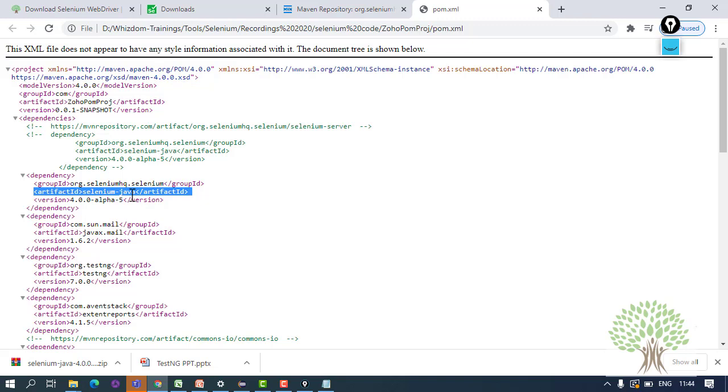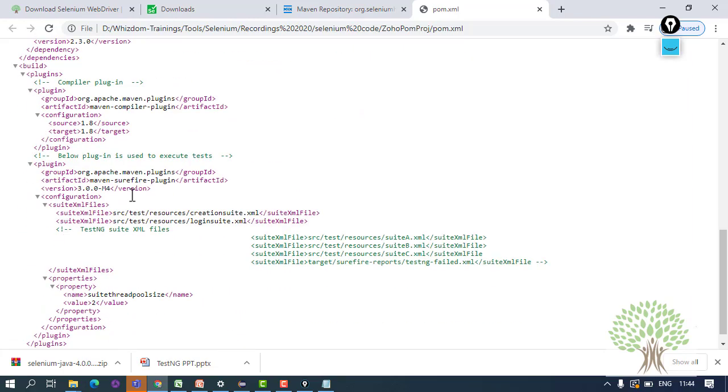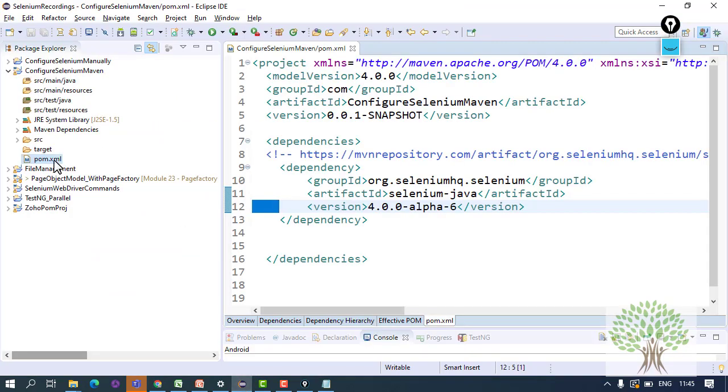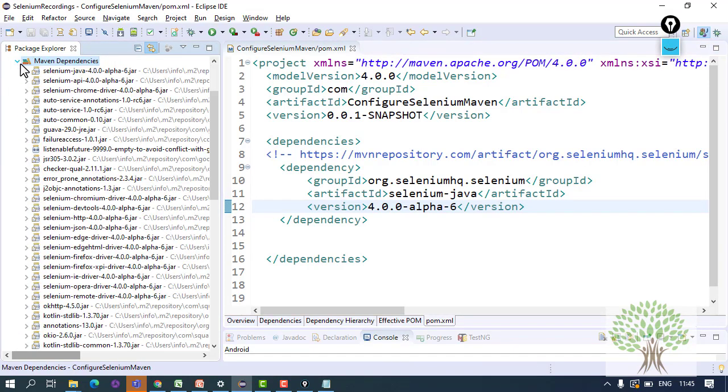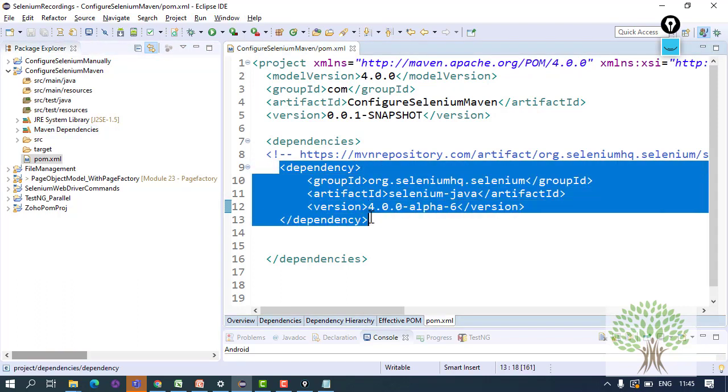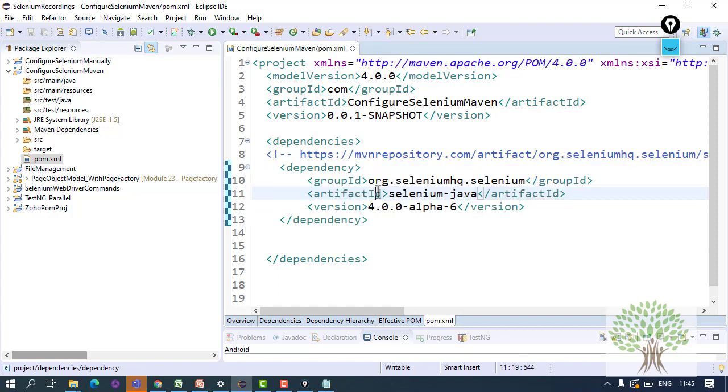And suppose you have 10 team members, so everybody has to be on the same platform. They have to be on the same versions of the jars. So you just distribute this pom.xml among all of them and they can put this pom.xml in the project, save the project, and automatically all those dependencies will be downloaded. All those jars will be downloaded in the project. You just have to have this dependency tag correct. Fine. So you will get more insight into Selenium and Maven as we proceed. So this is how you can configure Selenium and Maven as well.